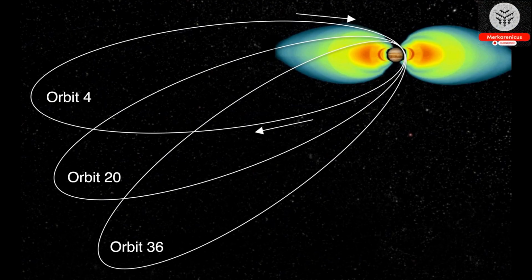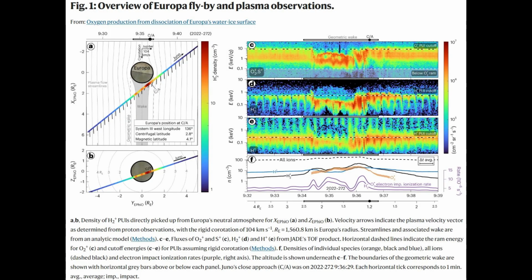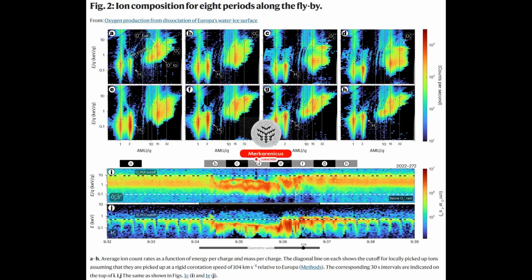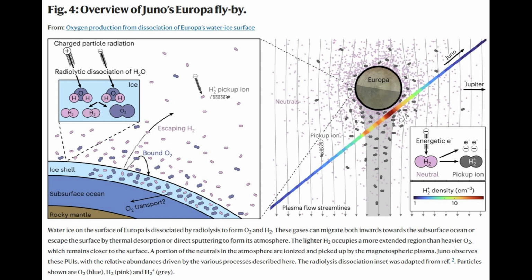the underlying ocean. The study has placed specific limits on the current oxygen production rate on Europa, estimating it to be approximately 12 kilograms per second. This finding contradicts previous estimates, which range from a few kg per second to over 1,000 kilograms per second, and unequivocally confirms that oxygen is continuously being produced on the surface of Europa, albeit at a lower rate than initially